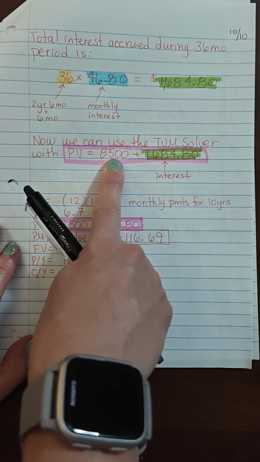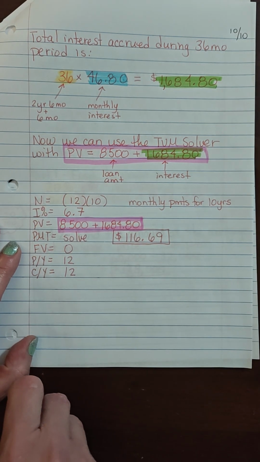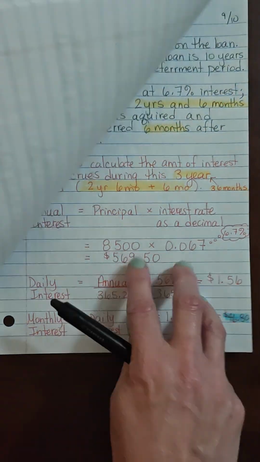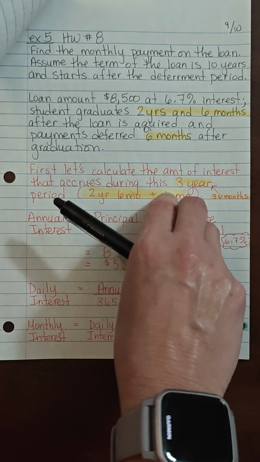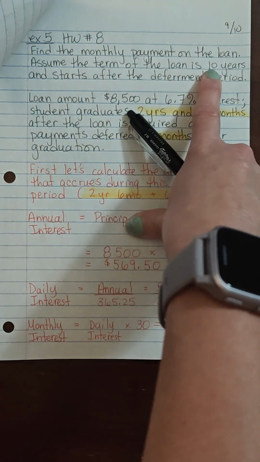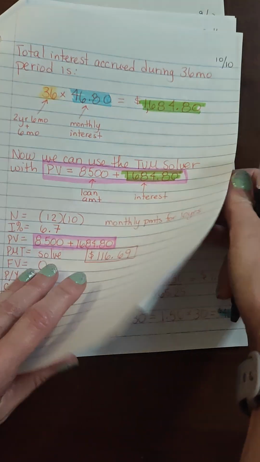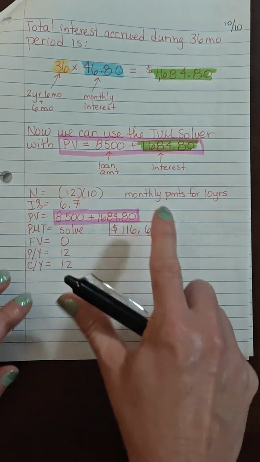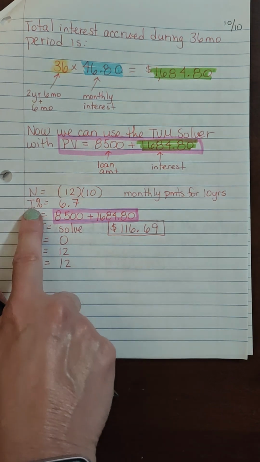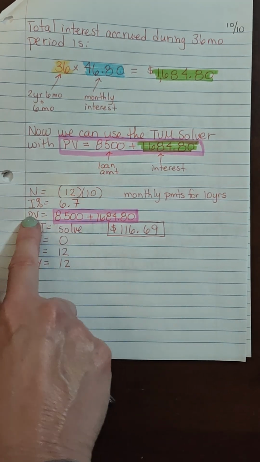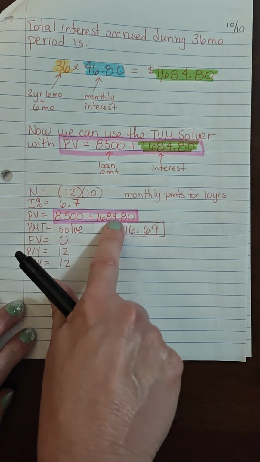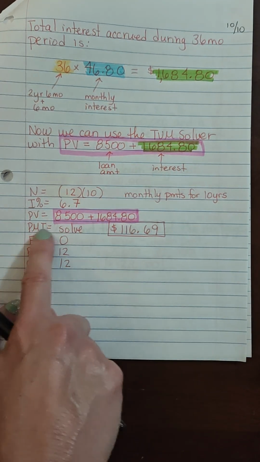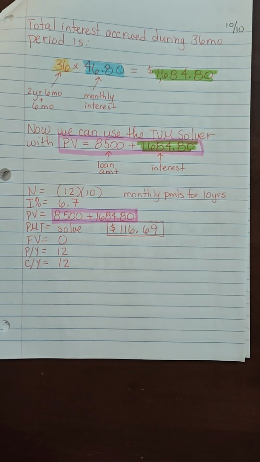Now we use the TVM solver. So we're going to pay this back. It says 10 years. There it is right there. So we have monthly payments for 10 years. Okay. And then the interest rate, 6.7%. This PV, this loan amount, is right here, that computation I just showed you. And then we're going to solve for the payment. So let's go into the